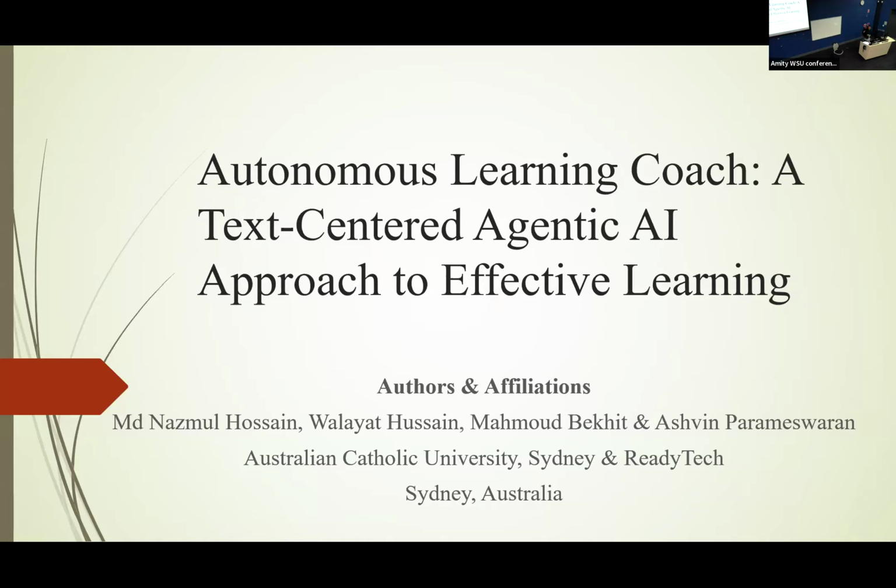Agentic AI is special because it can set goals, plan its actions, and take the proper actions. Based on the action, it can get some knowledge, and with the knowledge, it can again perceive for the next action. So it's an autonomous process to reduce human intervention. In future, we will see agentic AI in different fields. In this research, we have applied this in our learning system, to improve our learning system through agentic AI.